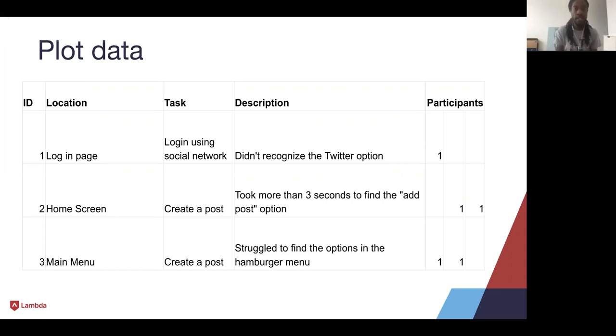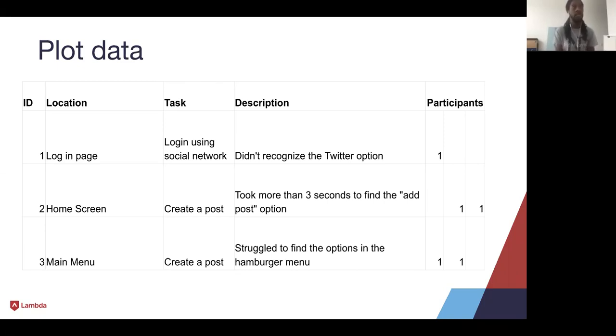For this example, each issue is labeled with a numeric system, just ID 1, 2, and 3. You can label those however you want. You can do an ABC system. You can do 01, 02, 03, all the way down to however many issues come up